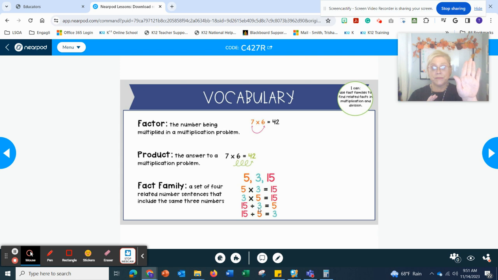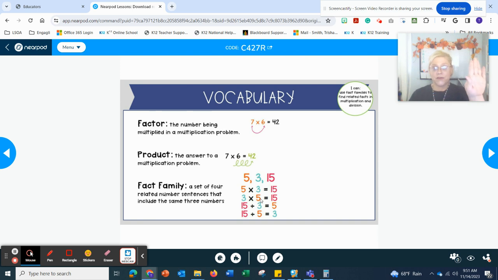5 is first in the first problem, and 3 is second, but we're still going to get 15. We switch them up. 3 is first and 5 is second. Guess what? We still get 15. And then for division, because of commutative property, I'm probably saying it wrong,